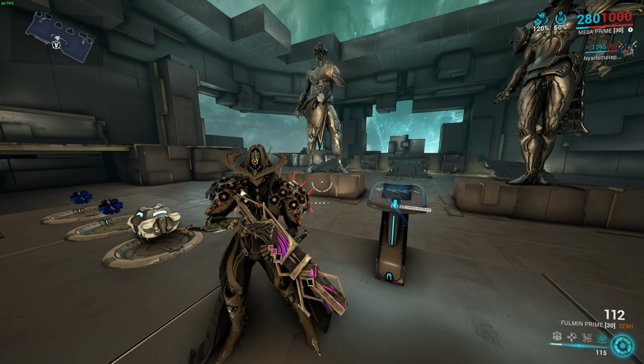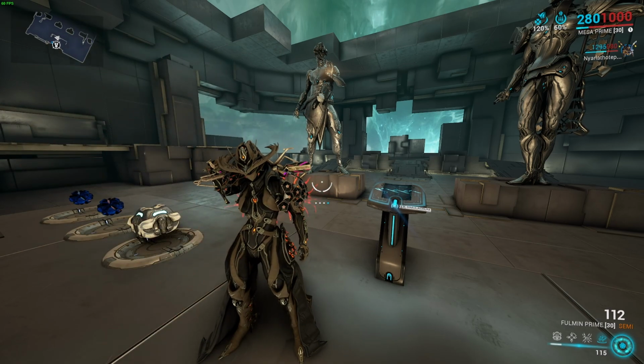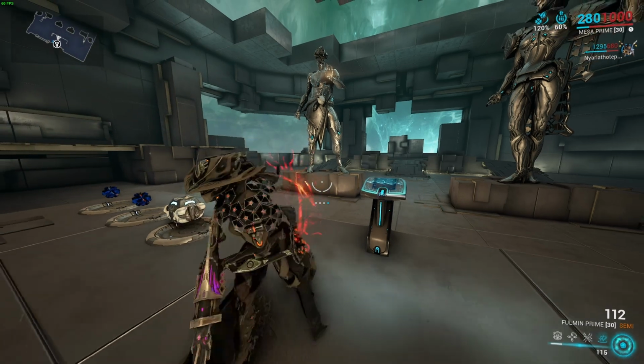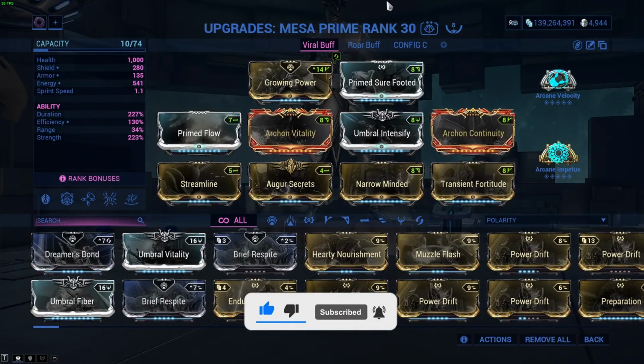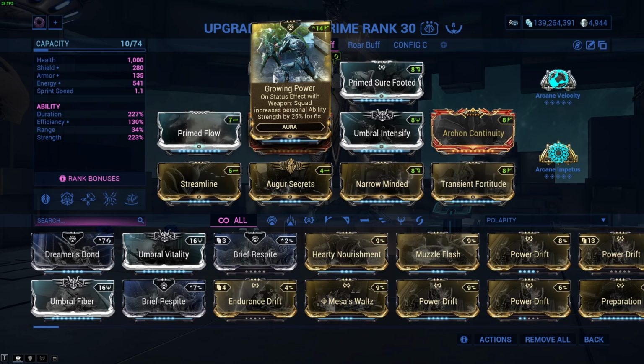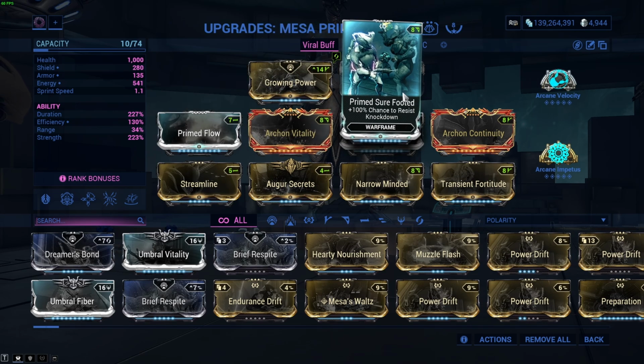If you like it a lot, if you invested into it, it's absolutely fine. This is just a different approach on Mesa Prime. So let me show you the mods I'm using on her: Growing Power for 25% ability strength when you proc a status effect, which is still very good. Knockback immunity, you can get knocked back in your 4th ability, so this is going to help you out a lot,